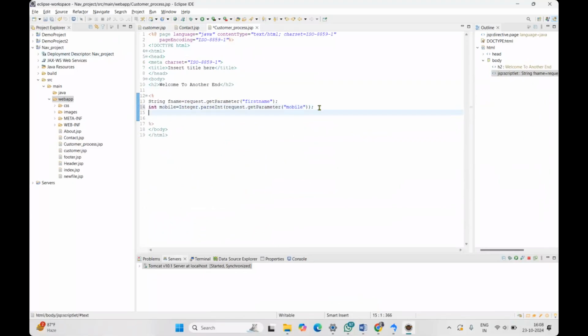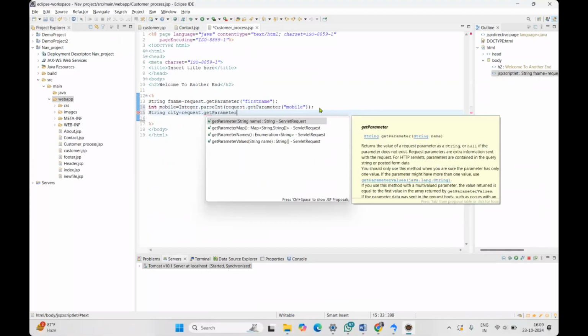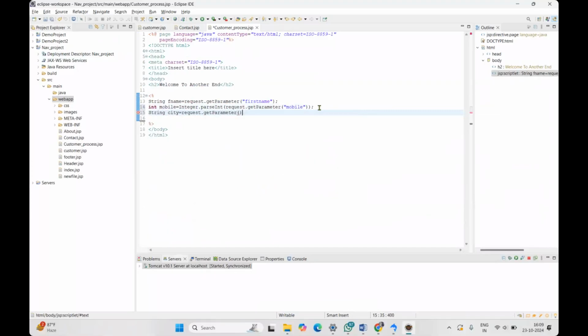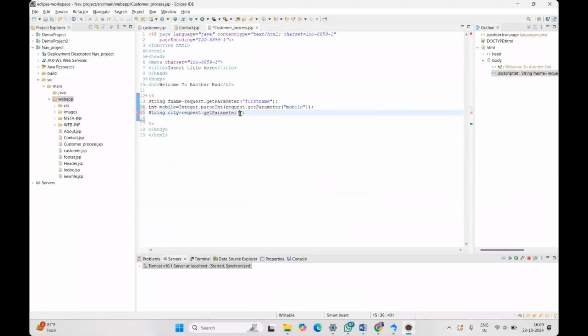Same like this, next one, string city equals request.getParameter of, okay, what is the input name of our city? The select name is city, right? So we are going to use that name here, city, and we are retrieving the data from the form data